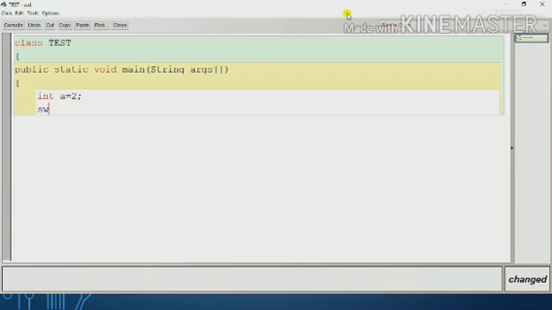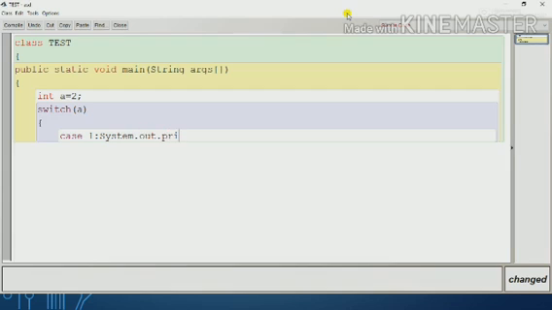Now I will write switch. I will pass the expression a here. Then case 1 colon, not a semicolon, colon. Suppose I am writing System.out.println Monday, and then after that break as per its syntax, then case 2.